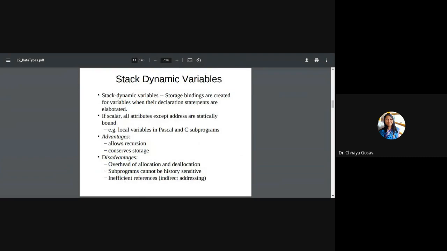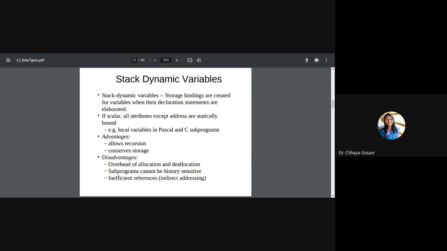Stack dynamic, ma'am, yes? Isn't that memory freed after the execution? No. Once it is bound, until you exit from the code, static memory cannot be freed. Only dynamic memory can be freed. In case of stack allocation, it is freed by the compiler when you return from a function. And in heap allocation, the user has to free that memory.